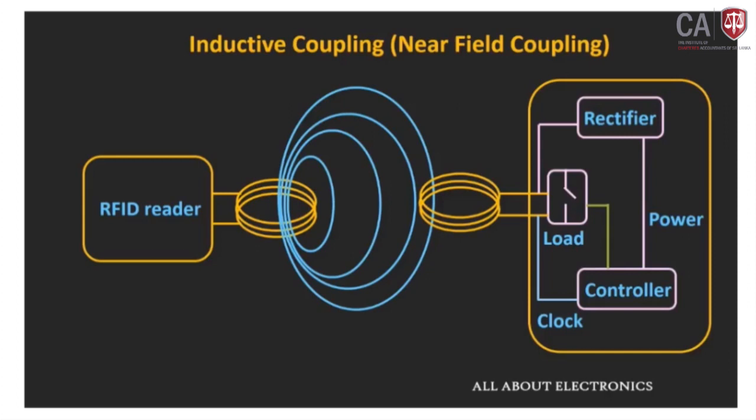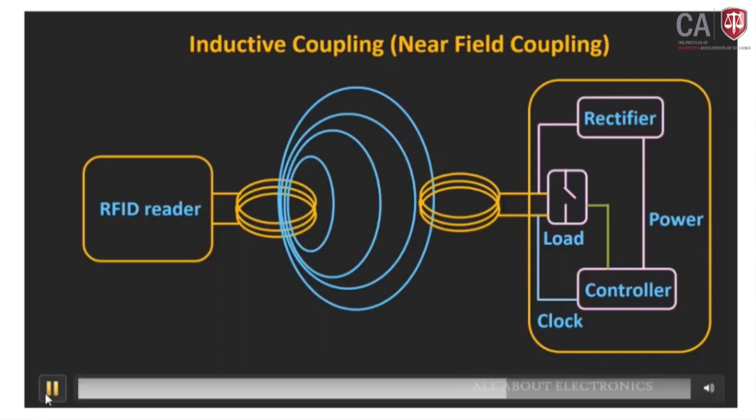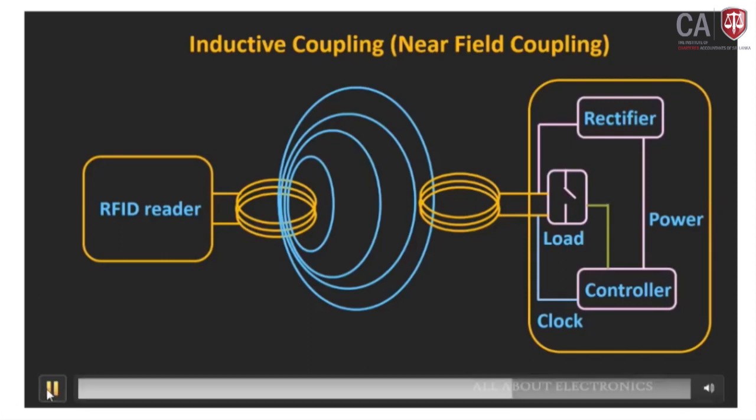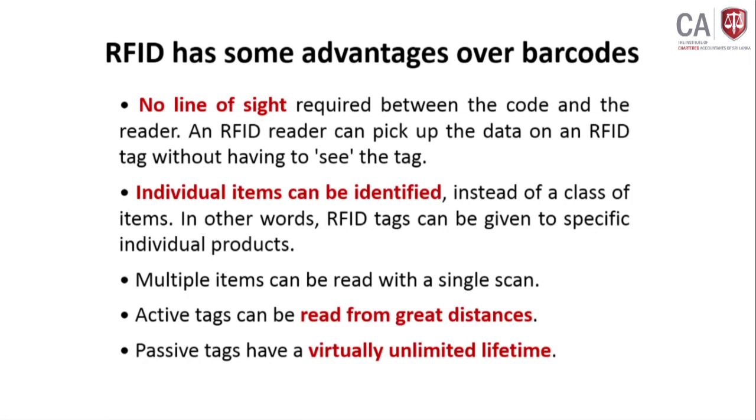As the RFID reader is sending radio waves of a particular frequency, the voltage induced across the coil is also of a particular frequency. This induced voltage is also used to derive a synchronization clock for the controller. Now suppose we connect a load across this coil, then current will start flowing through this load, and if we change the impedance of this load, then the current flowing through it will also change.